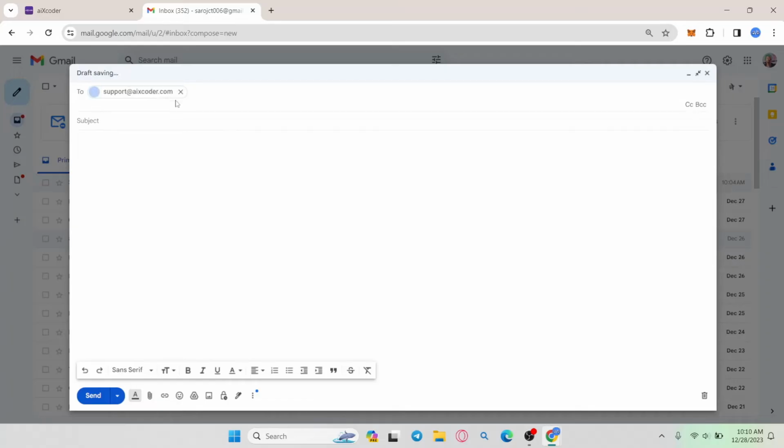Within the to section, just enter the email address that you just copied from the aiXcoder website. Then within the subject section, you can type in delete my account. And now within the main body, you can simply type in that you don't wish to use aiXcoder anymore and you want your account to be deleted. After typing in this information, you can simply click on the send button and this will send your email to